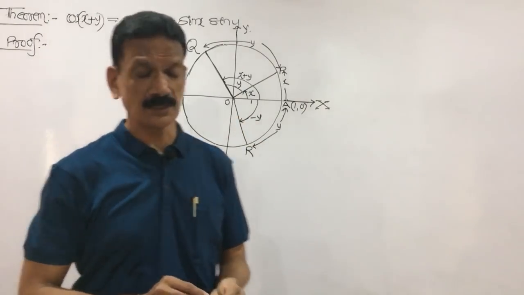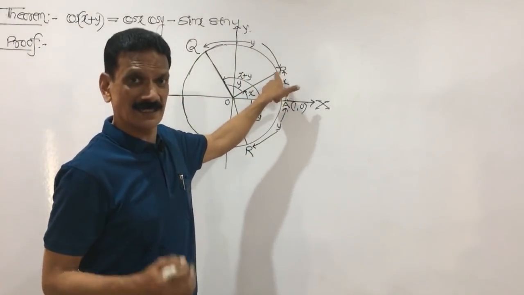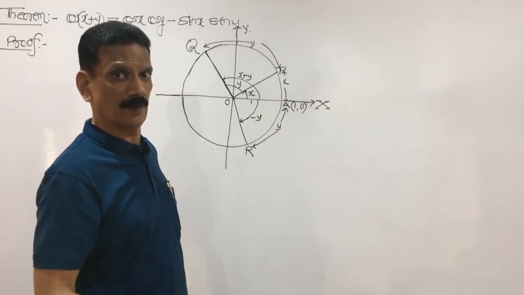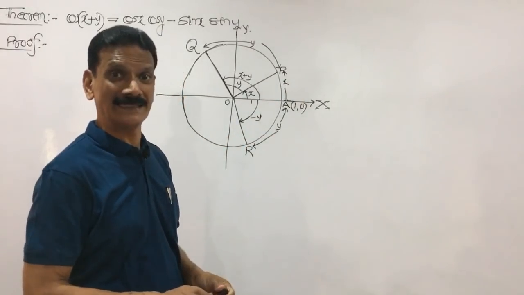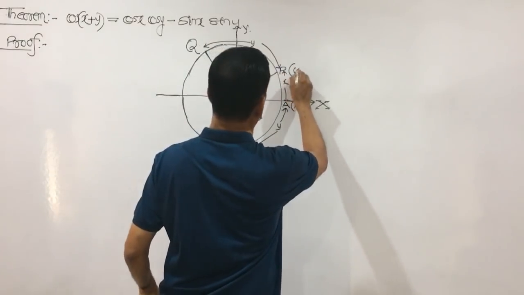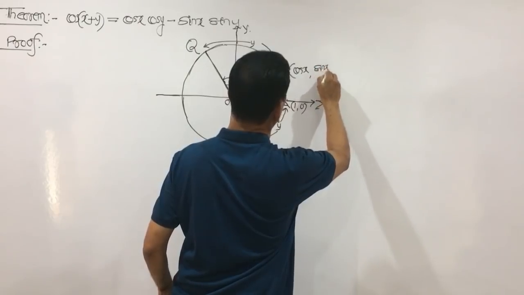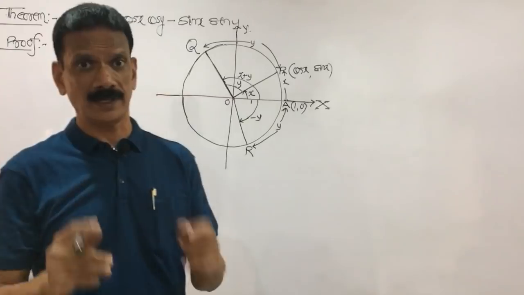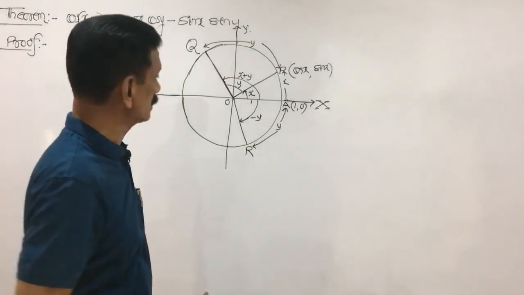Now my dear friends, you know that the coordinates x, y, if we take A1 B1, then what are the coordinates? cos theta, sin theta, but what is your theta here? x radian, means coordinates of the point we write as cos x, sin x. Always you remember cos theta, sin theta, or r cos theta, r sin theta, where r is 1 here because we have taken a circle of unit radius.